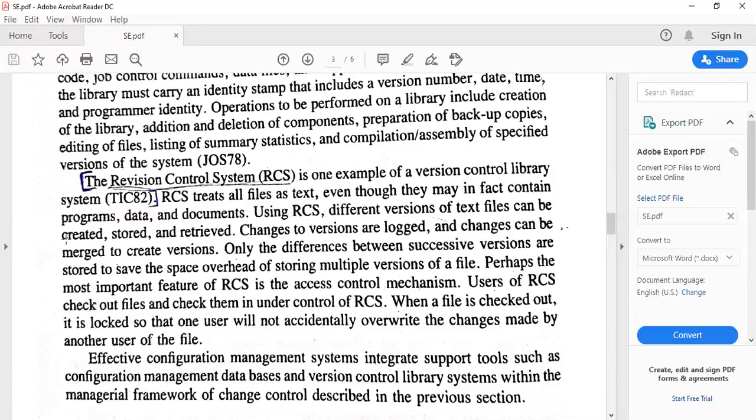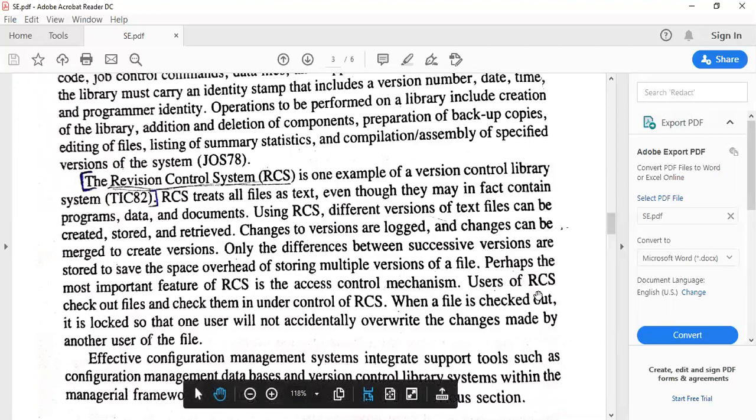So the change between one version and another version is recorded in the change log. We only record the difference between successive versions. We are not storing all the information about all the versions due to storage space. The difference between version 1 and version 2, and between version 2 and version 3, are all recorded in the change log.